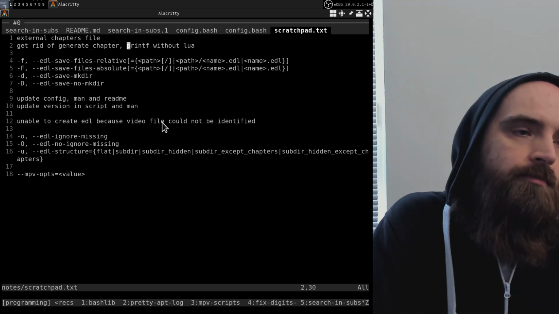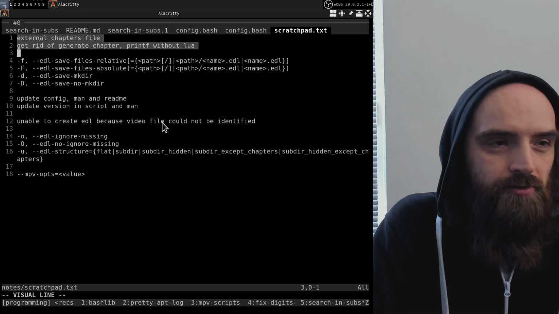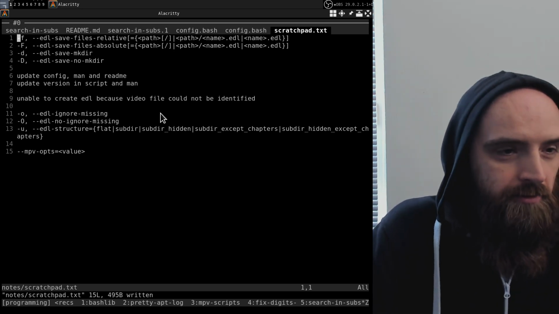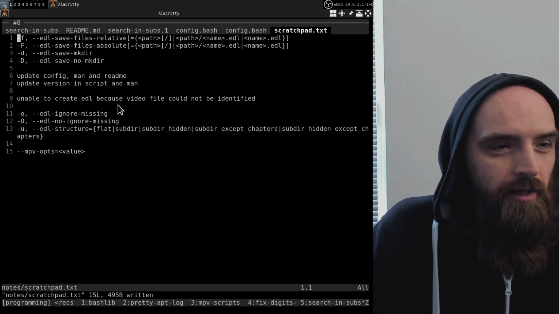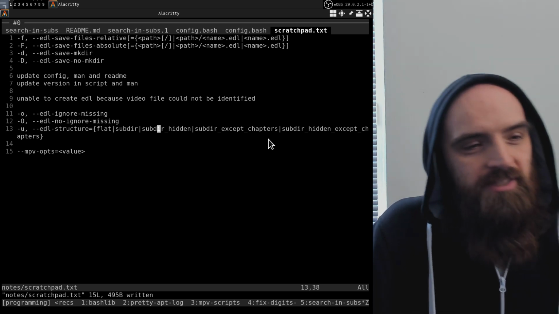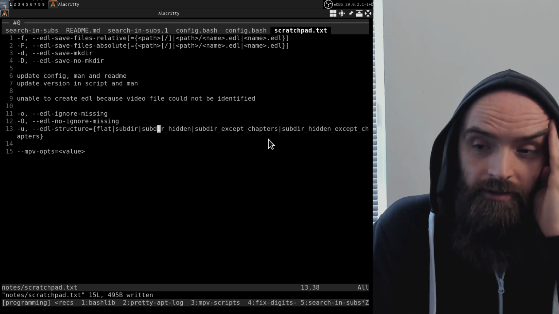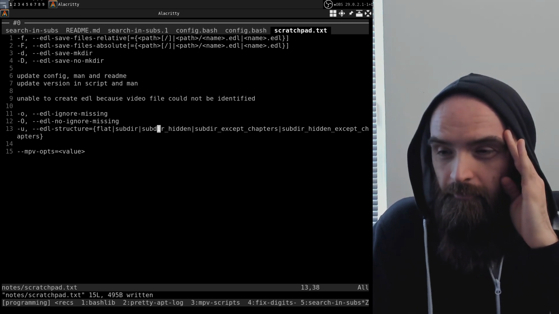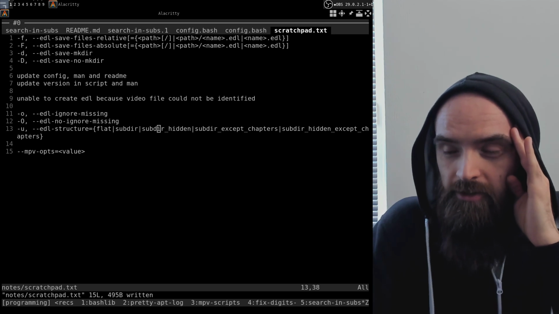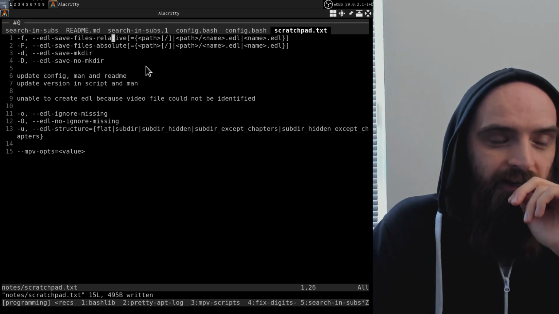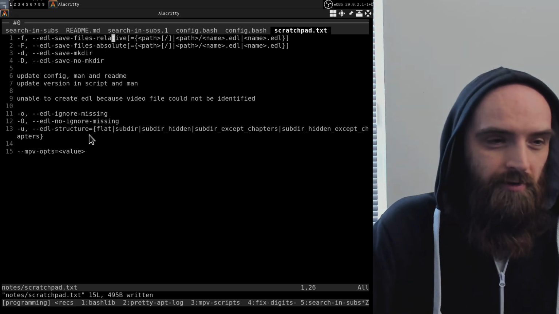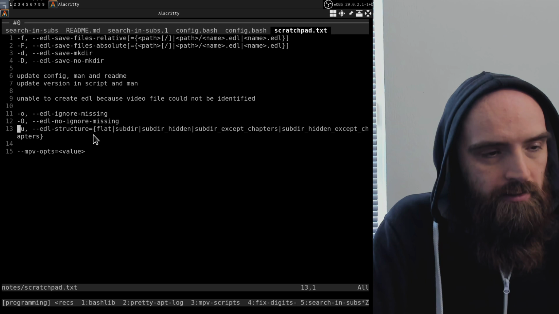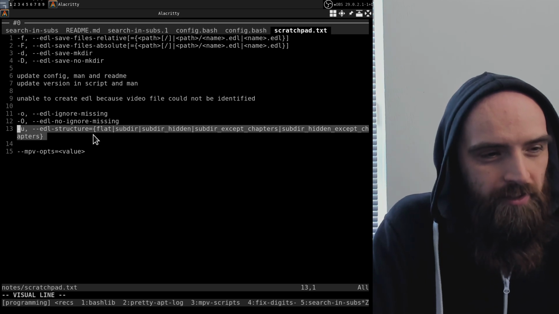Okay, so basically we're done with the external chapters file, so I can delete that. That part is completed. So at this point, this is a good time to start thinking about the saving functionality that I have been planning to implement for a while now. But I think before we get to that,